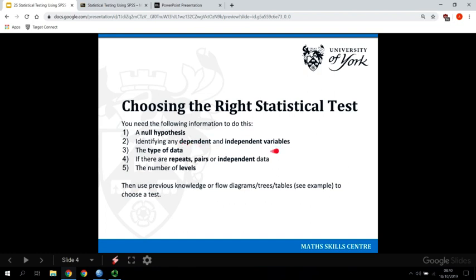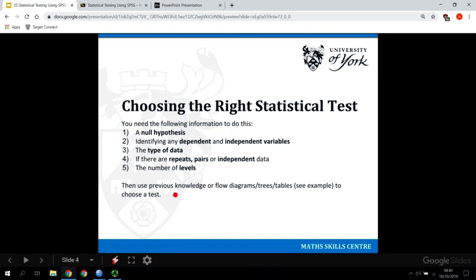We need to identify whether our experiment has a dependent and independent variables. And if it does, then specifically what measurements are those dependent and independent variables? And what type of data are they? We're talking about scale, ordinal, nominal here. Then we need to know whether the experiment had any repeats or paired data, or whether it was what we call independent data, and the number of levels. So that's quite a lot of terminology for you there already, but we're going to try to explain that along the way. Once we've got all this information, you can use your previous knowledge to choose the right statistical test,